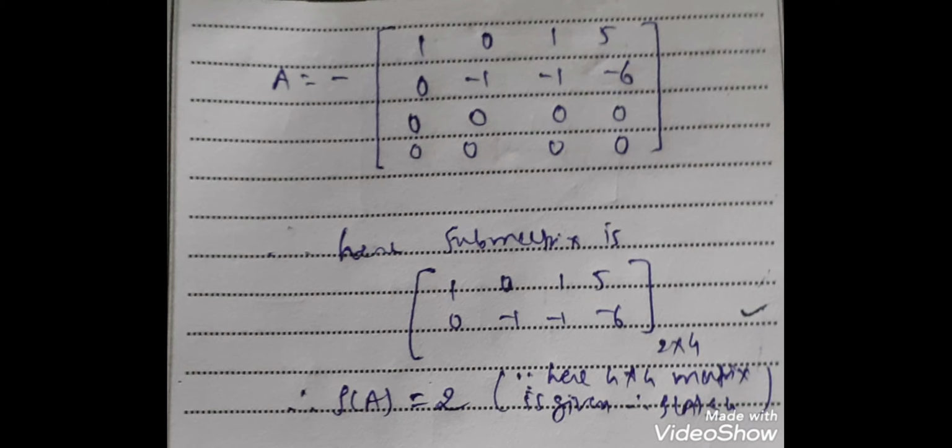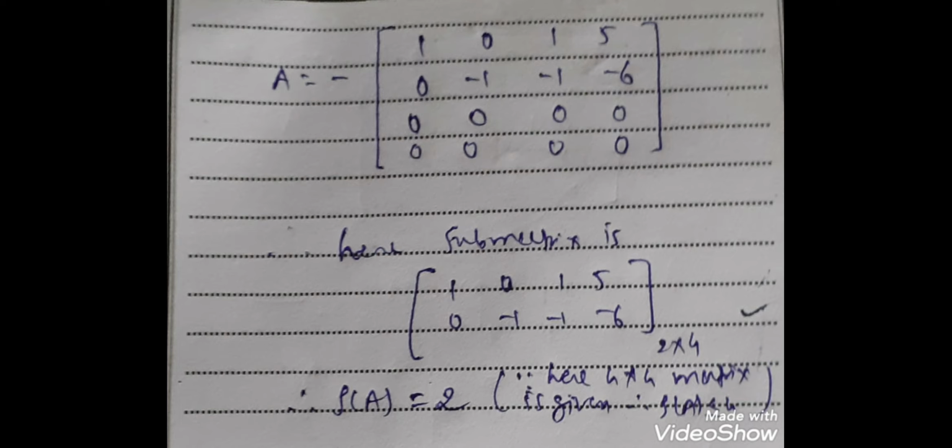Now if we apply elementary operations on columns, see that the second and third column elements of the second row are the same. So if we multiply the second column by minus 1 and add it into the third column, then the third column contains the elements 1 and 0. Similarly, if we multiply the second column by minus 6 and add it into the fourth column, then the last element of the fourth column is 0. So the fourth column elements are 5 and 0. So the second row contains the elements 0, minus 1, 0, 0.